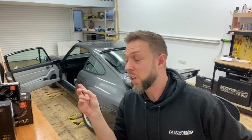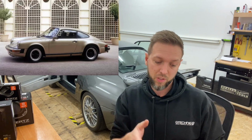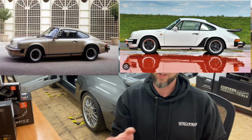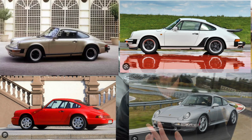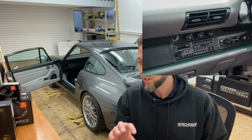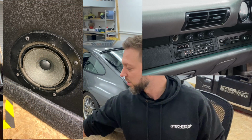This is a Porsche 993, 1995, and actually we've done a few of these now. The older Porsches, so the 3 litre SC, which was the light blue one that I did the video on with the subwoofer in the front, go check that out. The 3.2, which was very similar to the 3 litre SC, the 964 and the 993 all had very similar speaker layouts and audio setups. So single DIN radio in the dash, then 5-inch speakers in the lower doors, these very